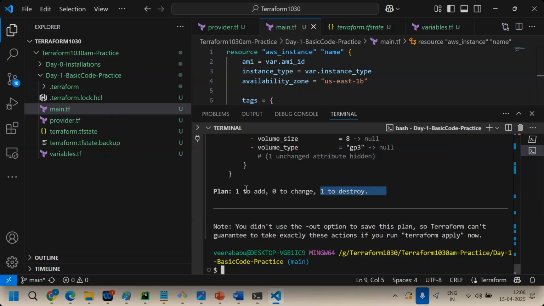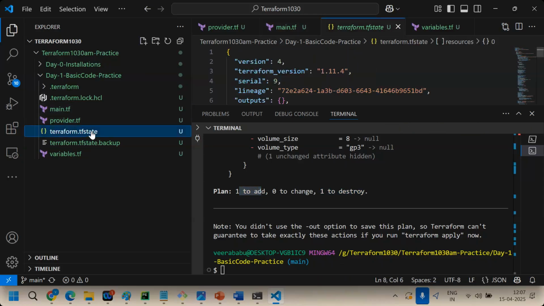One destroy, one add. Destroy the existing one and create in a different zone. Why do we need to destroy? Your action is giving like that only. No, I don't want to destroy. I want to add one more thing. Then create a different main.tf, not the existing main.tf. Understand? This main.tf is already tracked in the state file. If you don't want to destroy and only want to add, create one more main.tf in a different directory. That will be considered a different requirement. If you make changes in the same main.tf, the state file understands it as the same requirement every time.